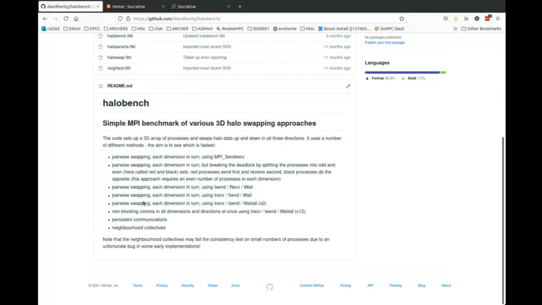And it does 1, 2, 3, 4, 5, 6, 7, 8 methods. It does pairwise swap in each direction using send, receive: up, down, left, right, forward, backwards. It does another technique to break the deadlock, which I've seen people use, where you split the process. So the problem is, if you